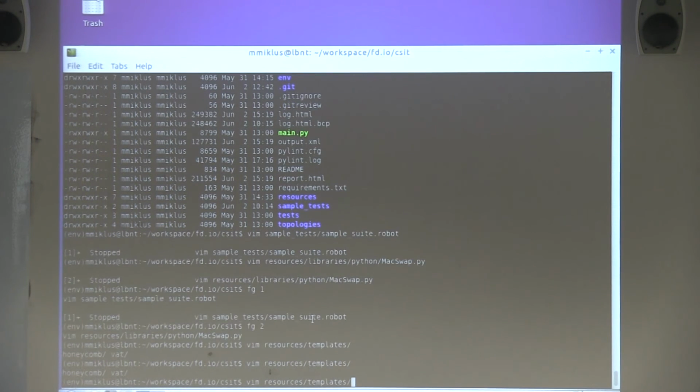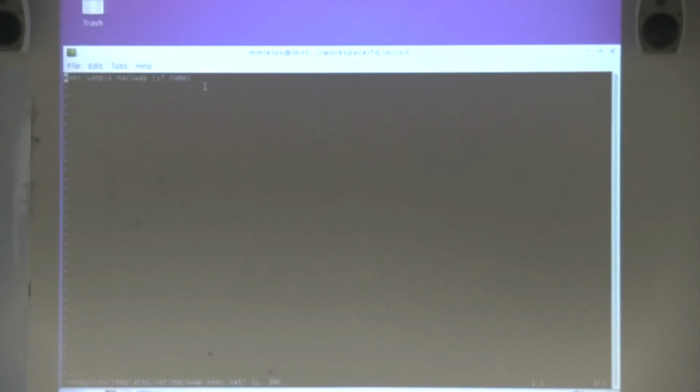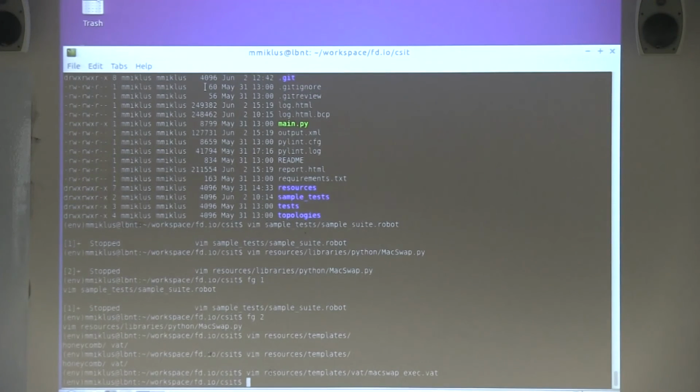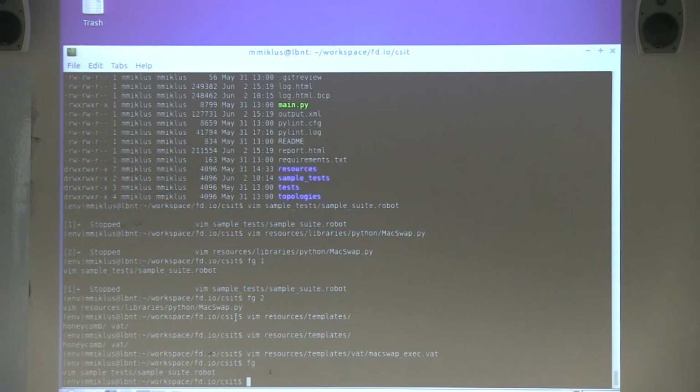and there should be a template of what I showed you, how the BP API test looks like. So this is just the exec sample maxswap and the if name. So this will replace the if name with the interface that we computed in the previous steps, and then send and verify maxswap on node. That's the keyword defined locally, which is this one, and that executes this maxswap check.py, and that is a script located in traffic scripts